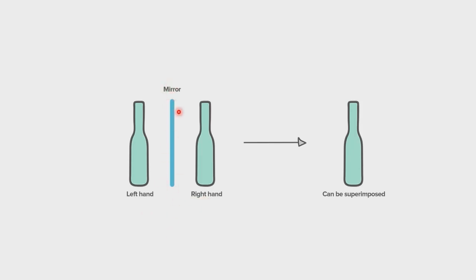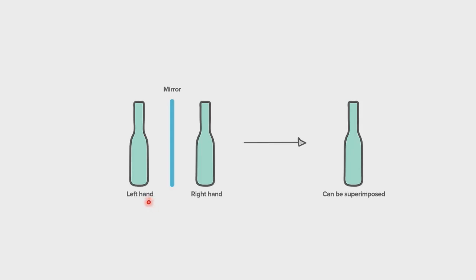And since this is a mirror image, when we allow the left-hand bottle to be on top of the right, or vice versa, they will still produce the same image. So a molecule or object that is superimposable on its mirror image is said to be